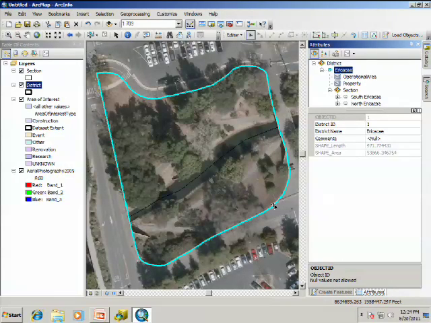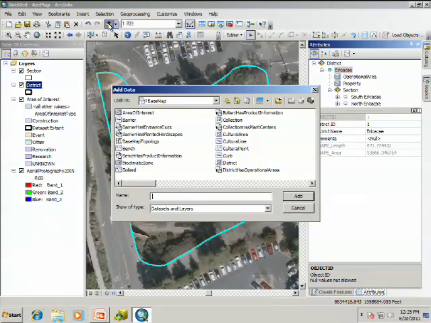Now the next thing I want to do inside of here is I think we're going to draw in some pavement. We've got some sidewalks here. I want to draw those in. To do that, we're going to add in another layer here. So you go to Add Data,